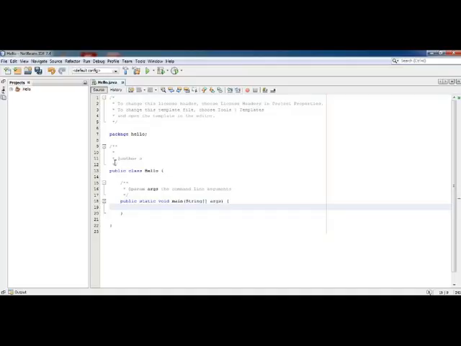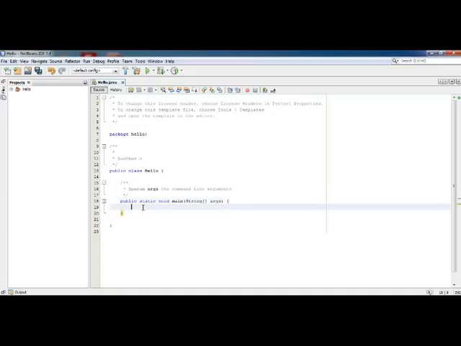Java works in classes. So this public class hello is created, and in it the main function has been created with a default argument of String array type. It is used to pass command line arguments, and main has no return type, so it is void. Static and public are used. Public because it is called by the JVM, and static so that the JVM can call main with hello.main without creating an object.